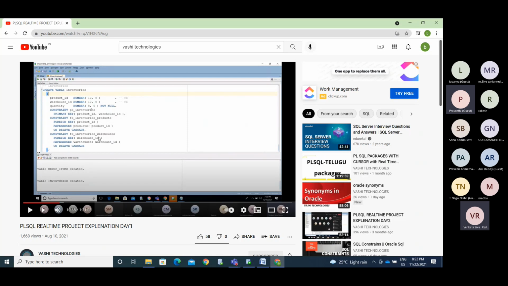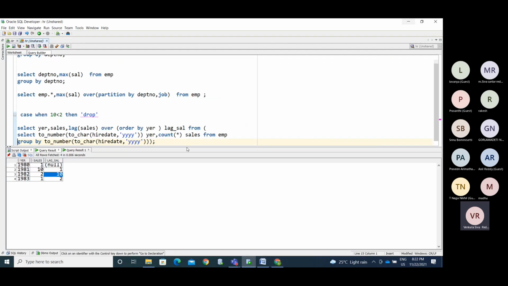We'll see that. Now we'll complete this lag function. Now you can prepare this. I already explained about inline view. See here what I performed. This is an inline view. In this FROM clause, there is no table name here.